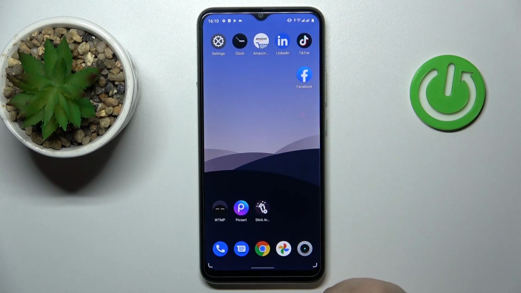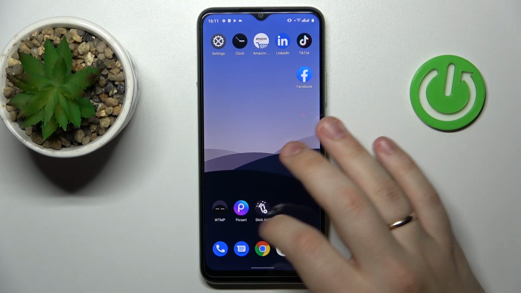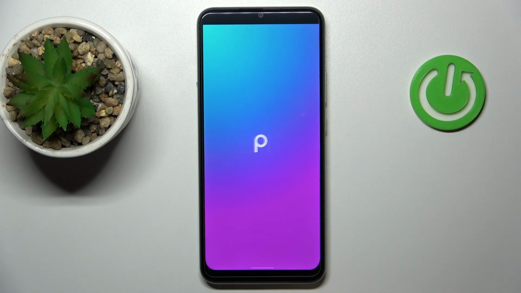So if you would like to monitor and know for sure whether somebody tries to get some kind of unauthorized access to your phone or tries to touch your phone without you knowing it, this app is a go-to thing to have. Next, there is the PixArt, a very well-known, famous, and